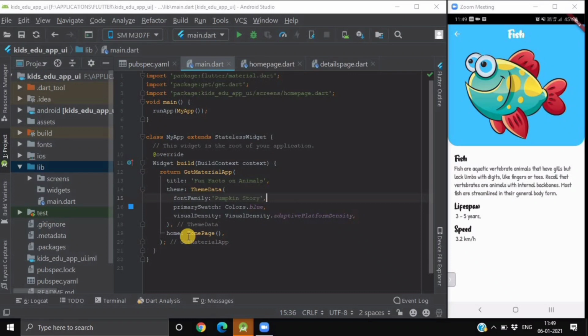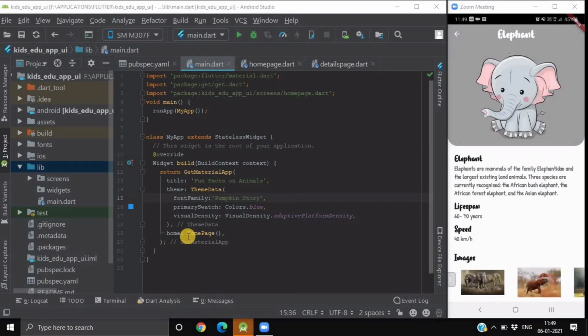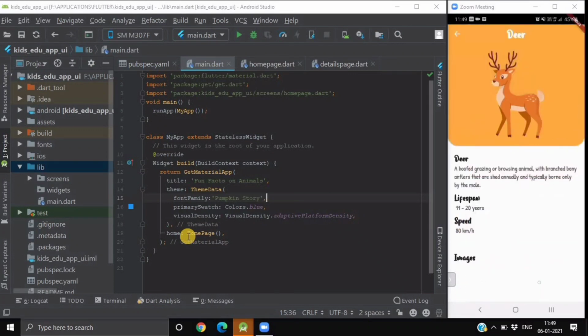Here this animal does not have images. Okay, we are going to make use of network images to fetch some images for that particular animal from a given URL. So some animals would not have images. But now if we click on elephant, you can see that we have an image tab, and here earlier you might have noticed that until the image is loaded, a placeholder like a loading GIF was visible. But now there is a list view of animal images. So this is what we are going to create in this video.